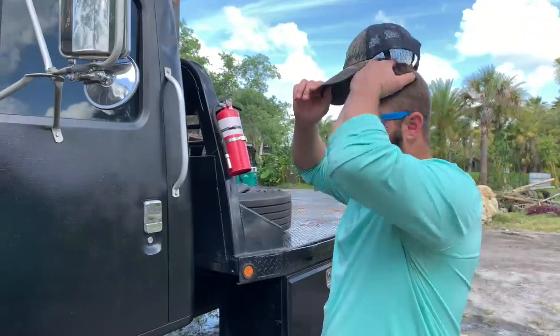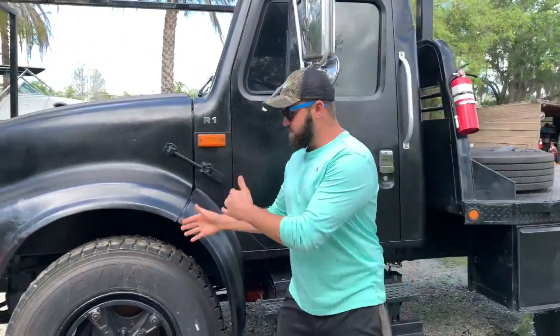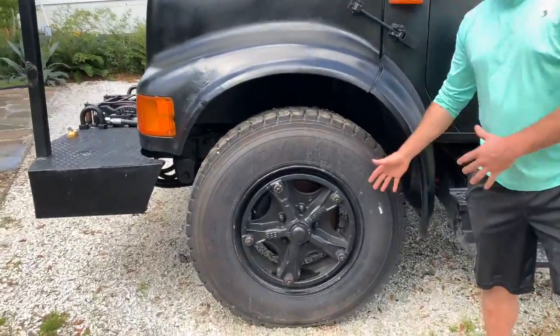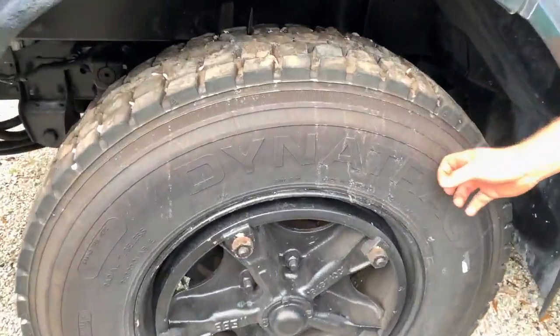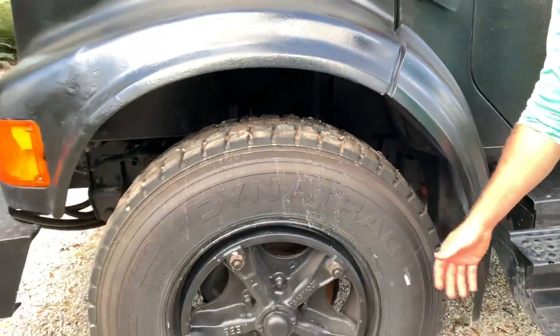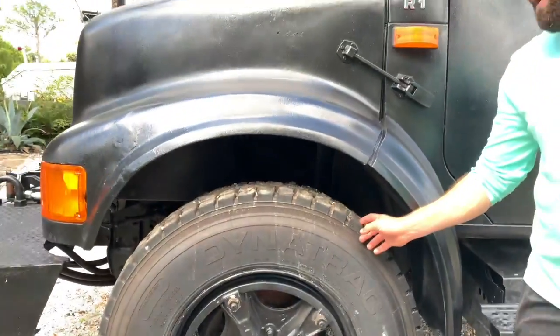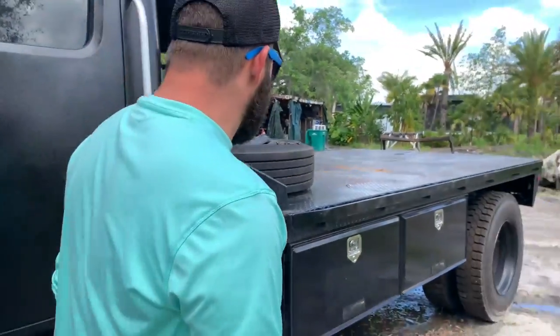I wanted a 7.3. I like mid-sized trucks. Mid-sized trucks for us have always worked out really well because you can purchase a tire and get a lot more money out of it. One of these tires, brand new, is not too much more than a traditional tire. Maybe it is. I mean, it's $400 probably, $500, but they'll go like 80,000 miles in the environment that we have and we use down here. And so